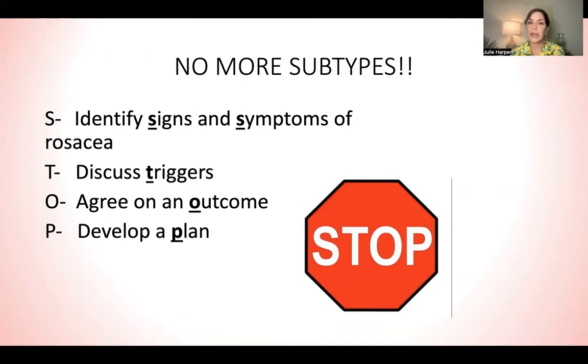O is agree on an outcome. And sometimes this is very obvious. For example, they just told you what bothered them is bumps. And so our outcome is fewer bumps. But sometimes they want to go without makeup. They want to be able to go to work out and not feel like they're going to get so red